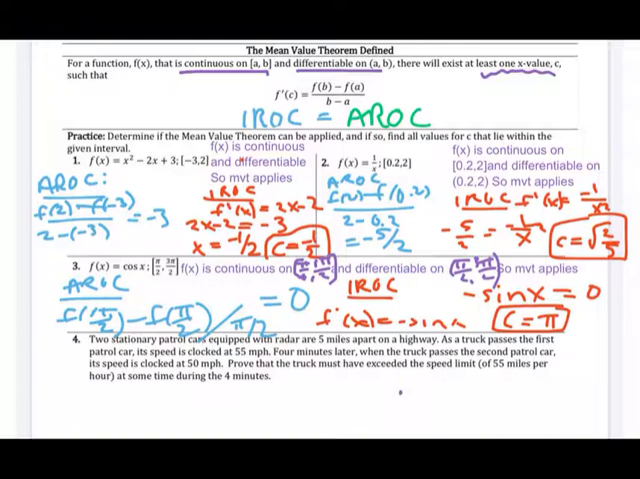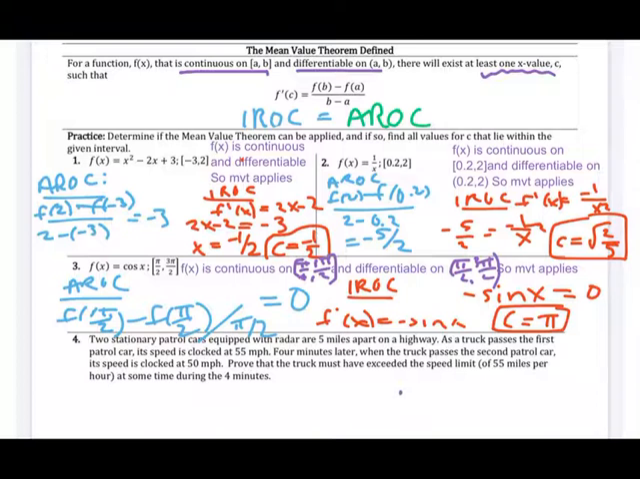All right, the very last question. 2 stationary patrol cars equipped with radar are 5 miles apart on a highway. As a truck passes the first patrol car, its speed is clocked at 55 miles an hour. 4 minutes later, when the truck passes the second patrol car, its speed is clocked at 50 miles per hour. Prove that the truck must have exceeded the speed limit of 55 miles per hour at some time during the